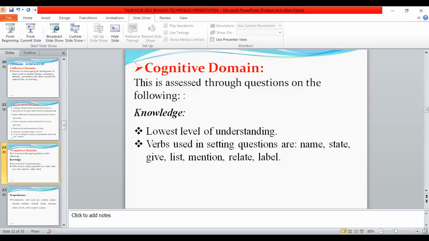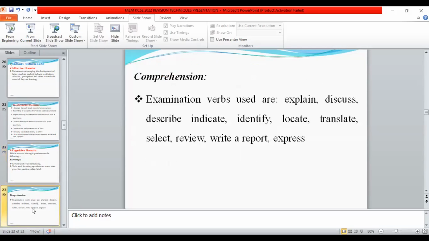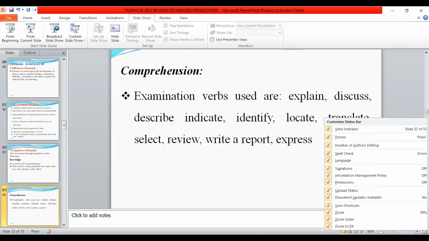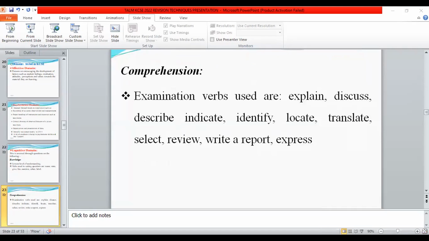The next one is comprehension. In comprehension, candidates are tested on their ability to understand the content, and then explain that particular content. They explain the answer in their own ways. They are not expected to cram, for example, how to describe the process of digestion of carbohydrates. Because if they make the mistake of cramming that, somewhere along the way they are likely to get lost. That is why the candidates must understand the process, and then explain it in their own words.